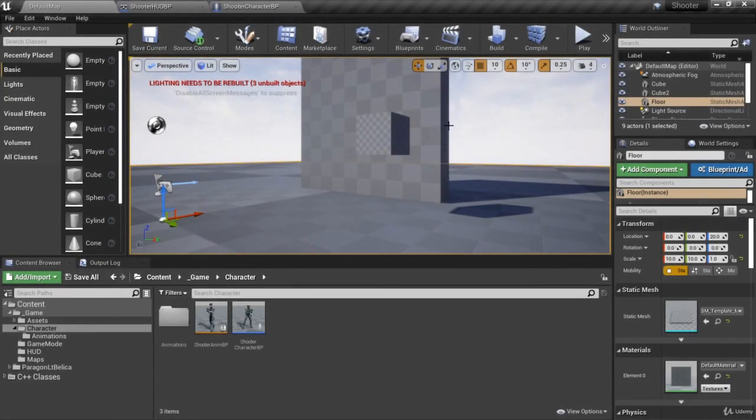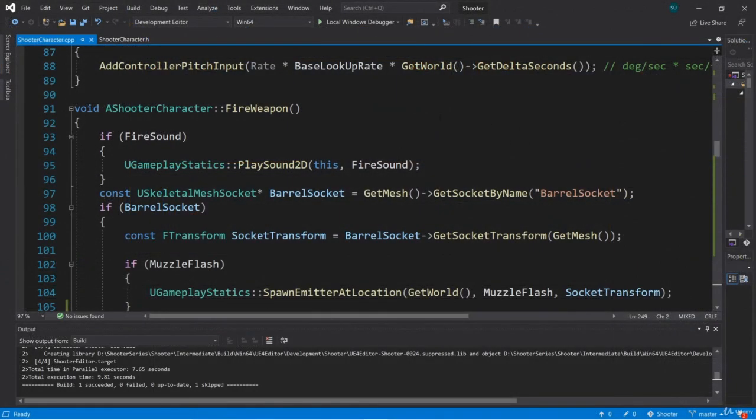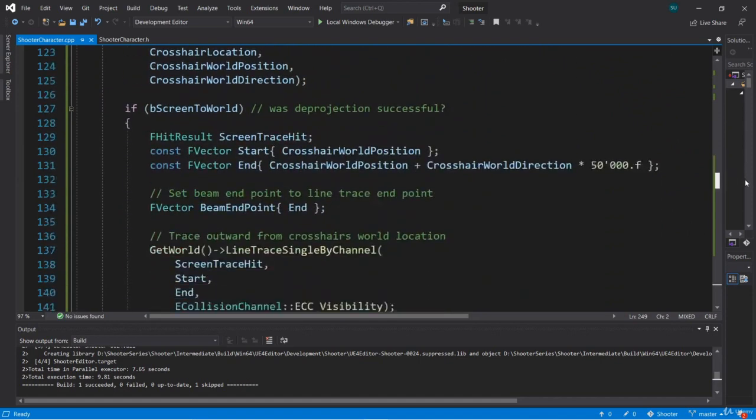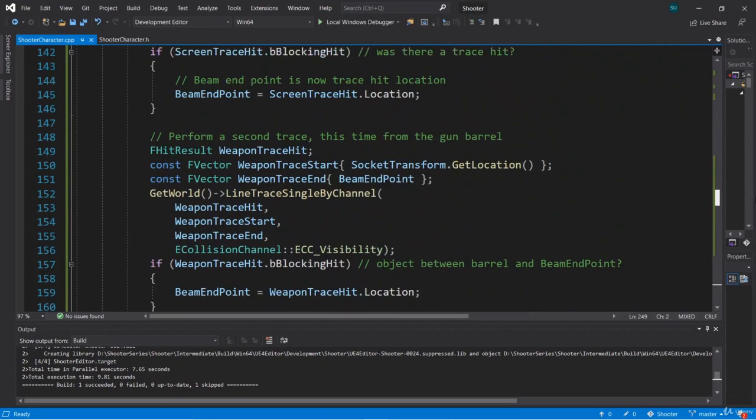Welcome back. In the previous video, we performed a second line trace from the barrel to the point we're aiming at to see if an object was in the way between the barrel and the impact point. Now the code in ShooterCharacter.cpp is getting a little unwieldy in the FireWeapon function, so we're going to do some refactoring. A lot of this work has to do with getting the beam end location and updating that with